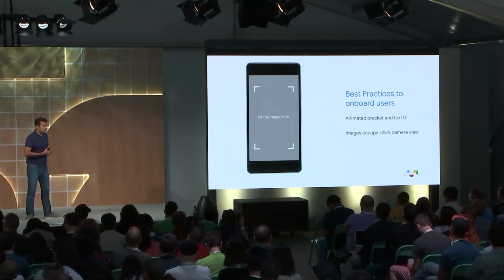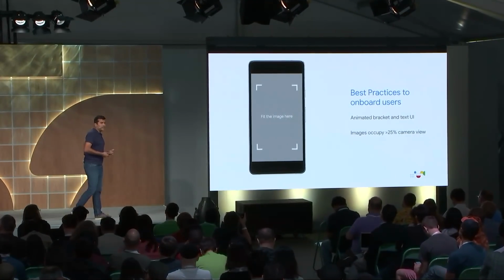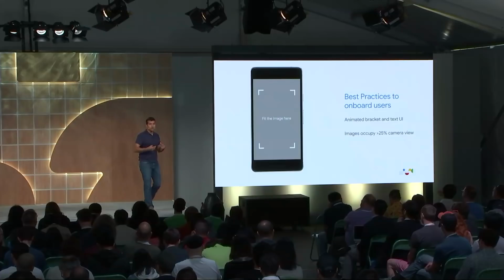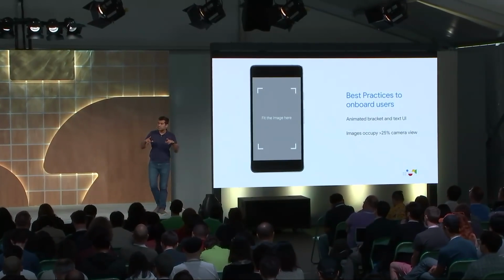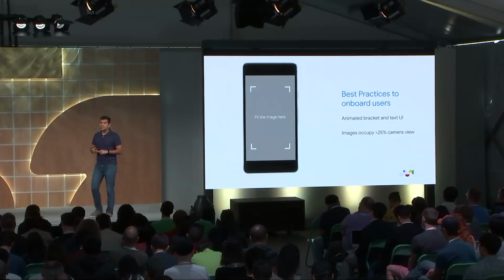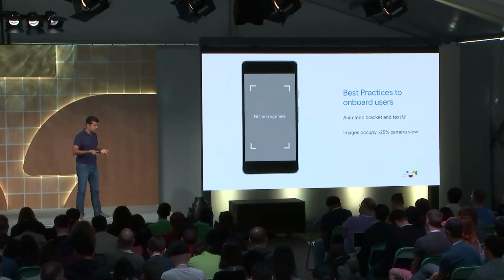Also, another important step is how do you onboard users? AR is a very, very new interactive experience for most people. And it is important that you teach users how to be successful in the experience. The first step in an augmented images experience is for the user to scan an image. So how do you tell a user that, hey, you are supposed to scan an image to start the experience? A couple of visual cues will help. In our case, we tend to use these visual brackets that show up in your camera field of view. And these steer the users towards scanning the image.